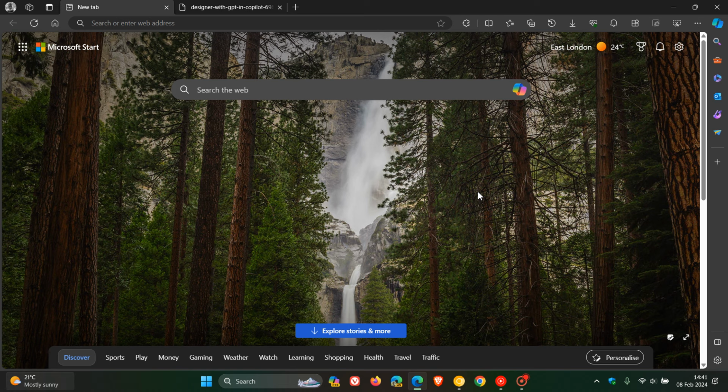So believe it or not, Copilot is 1 year old already. Microsoft originally announced Bing Chat, as it was previously known, and now it's been rebranded to Copilot. They announced Copilot on the 7th of February 2023. Now basically to celebrate this 1 year anniversary, Microsoft is rolling out suggestions to give you ideas that you can